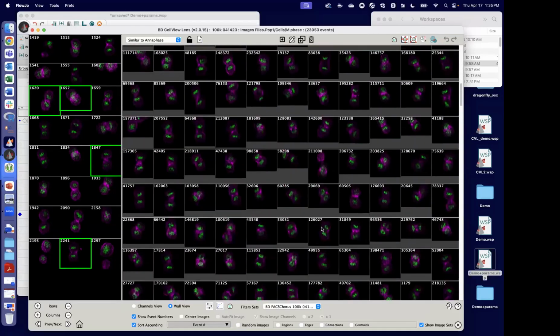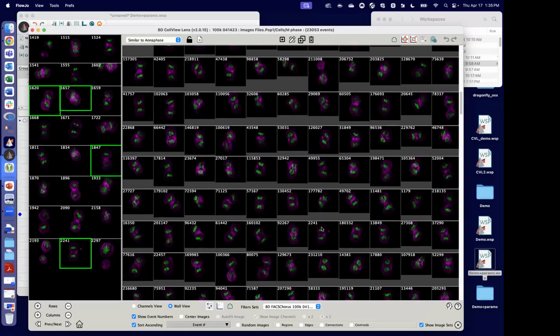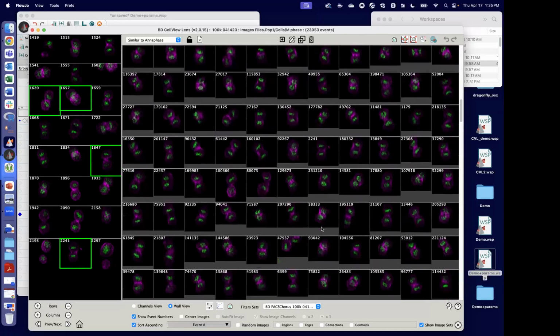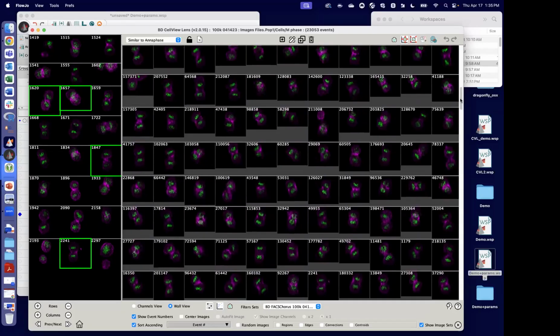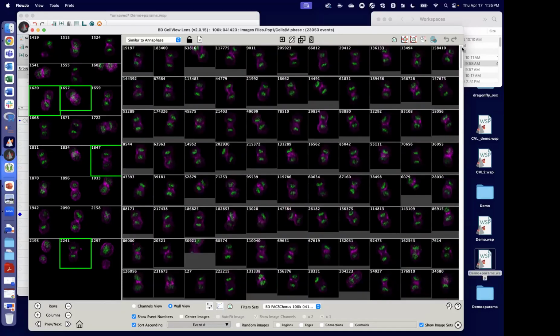But I felt fairly confident within this group that we might find 1,000. It's a 250,000 cell data set. So even if we've gotten down to a smaller portion of M phase, that's fine. Okay, so there's my similar to anaphase cells that I have collected and put into an image set. And perhaps the next thing I'd like to do is make that a population. So if I hit the make it a population button,